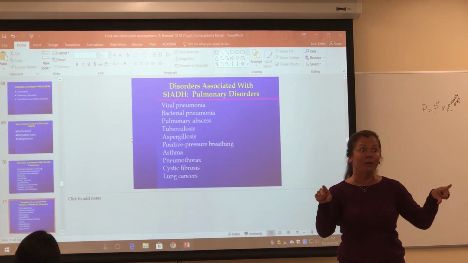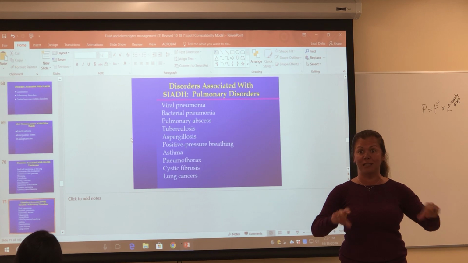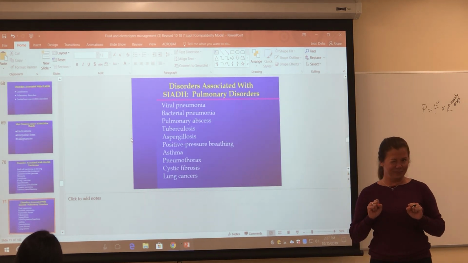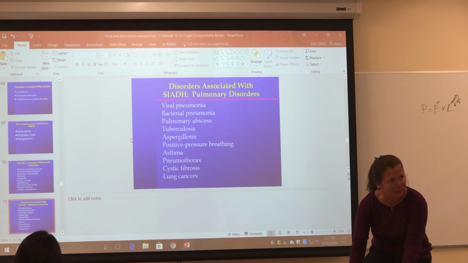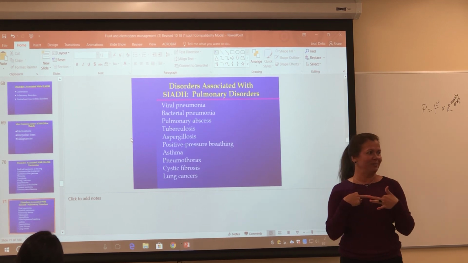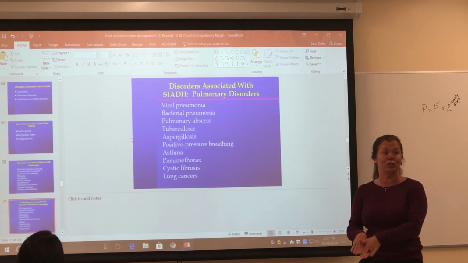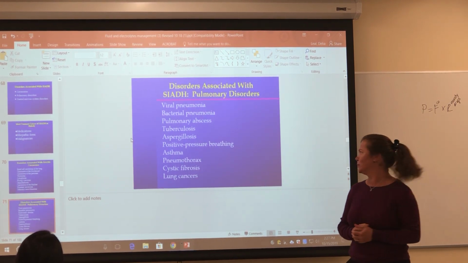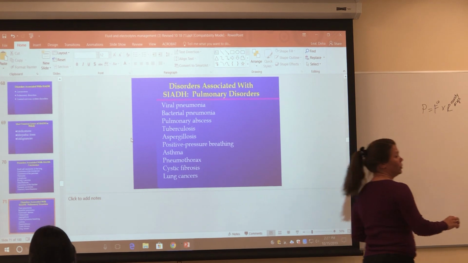Even though you restrict water as part of the treatment for SIADH. You understand? But you don't see the pitting edema on the patient, because it's in plasma, it's not in the interstitial. All right? Yes, it's a little confusing. Okay? So,